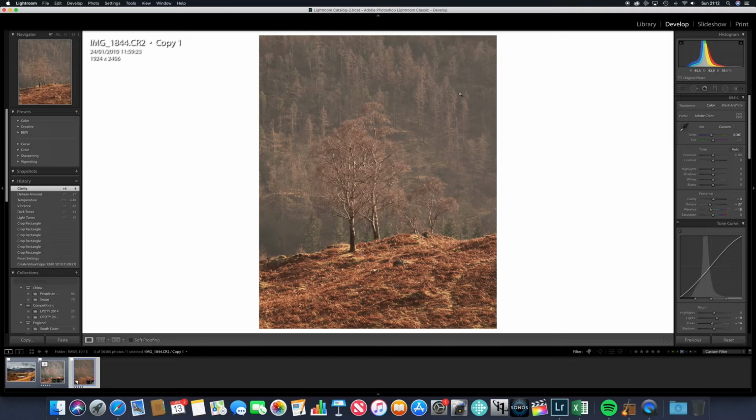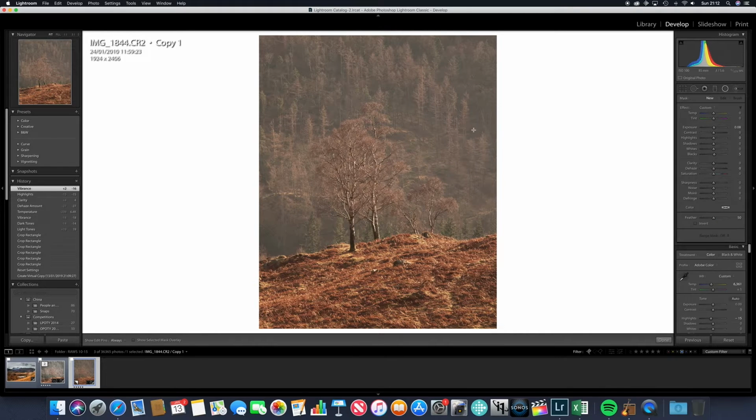It just sort of adds a little bit of sort of atmosphere, I guess, to these trees in the background. I'm happy with the exposure. I'm just going to pull the highlights down a little bit. I've probably taken that vibrance down a little bit too much. And then what I'm going to do, you see there's some light coming in from the right hand side, but it's not really immediately obvious here, so I'm going to add a little bit of a vignette, drag this...